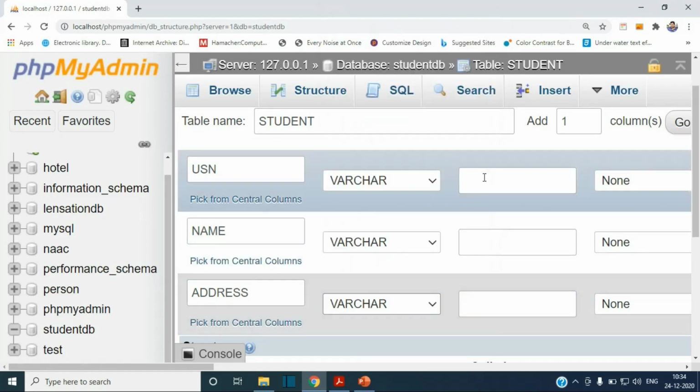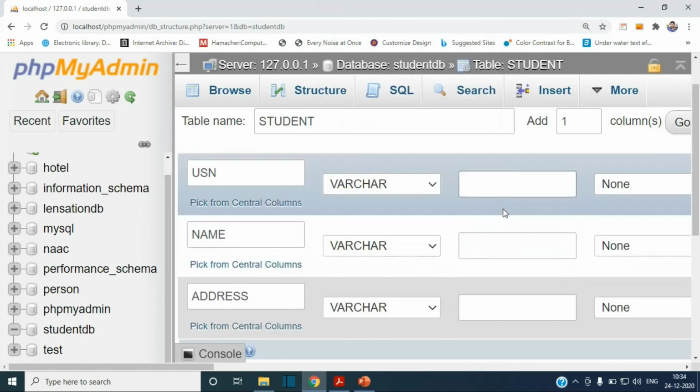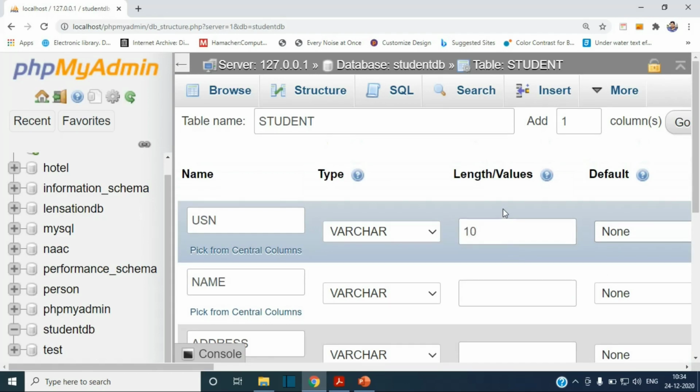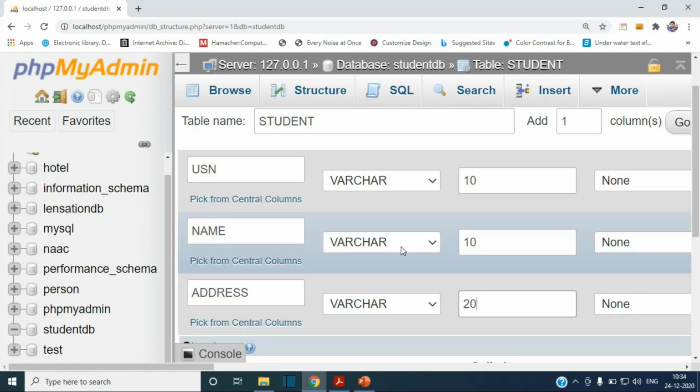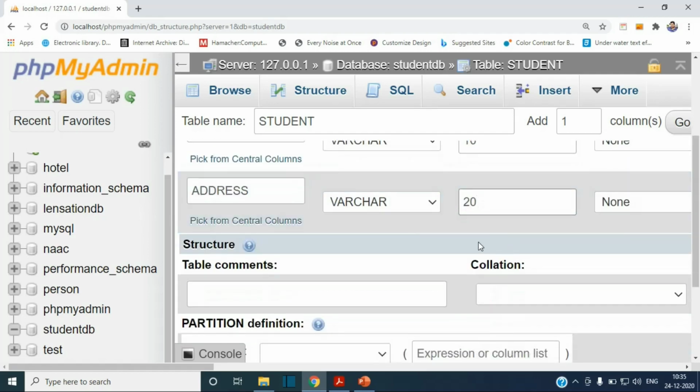Around the size of, okay, 10. USN is of course 10. Name also I will make 10 character data type, and even address I will make 20. Fine. Now I don't create any primary key here. That is an issue with the primary key in a MySQL database. If you give a primary key, your entire table will be automatically sorted based on the primary key. So our entire purpose of the program will no longer be valid. Our purpose of the program is to sort the database values and display them to the user.